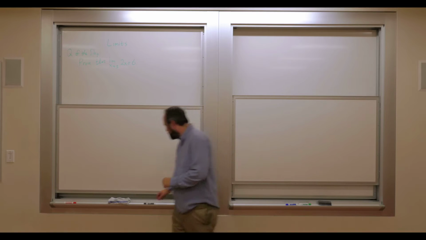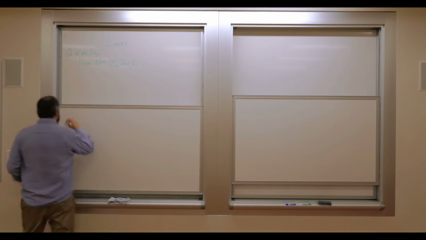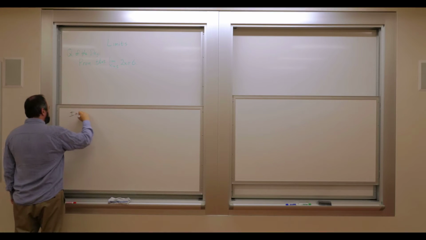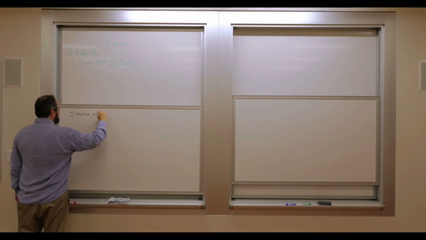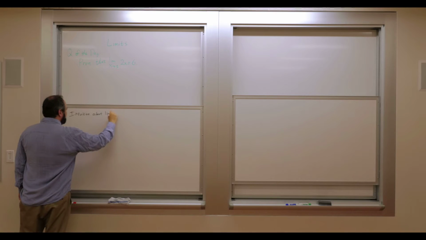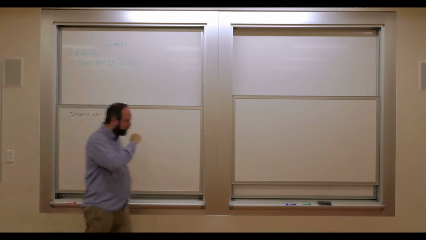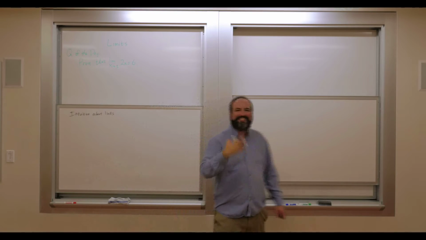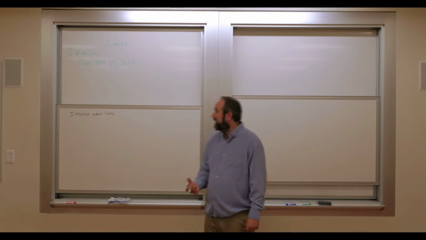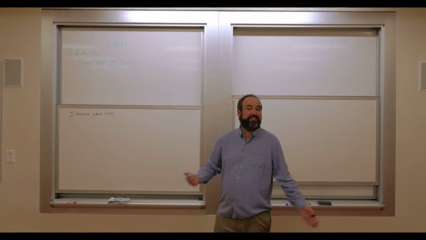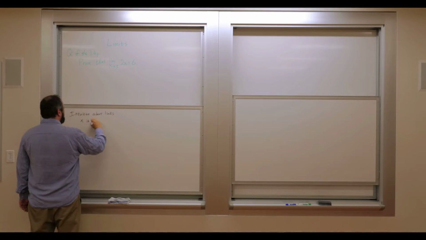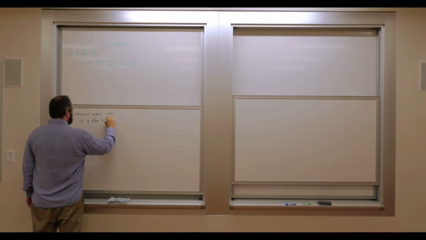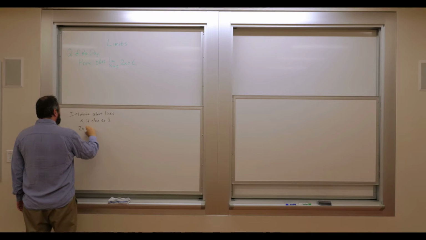Now, to understand where the limit definition is coming from, we need to remember what our intuition is about limits. So the idea is when x is close to 3, 2 times x is going to be close to 6. So if x is close to 3, then 2 times x